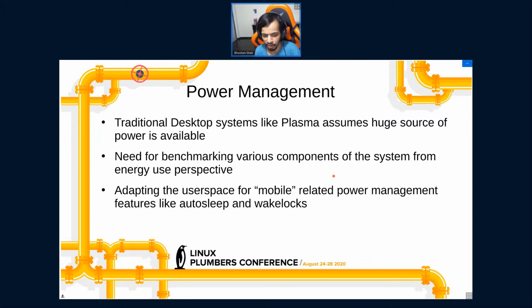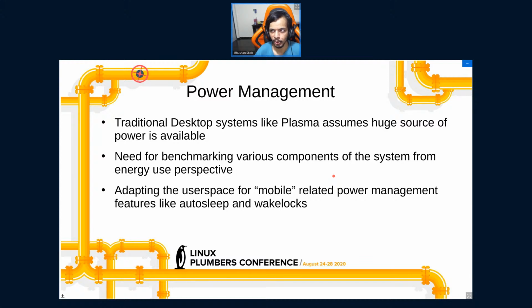Even in the case of a laptop, energy saving is mostly about turning off the screen or suspending the device.